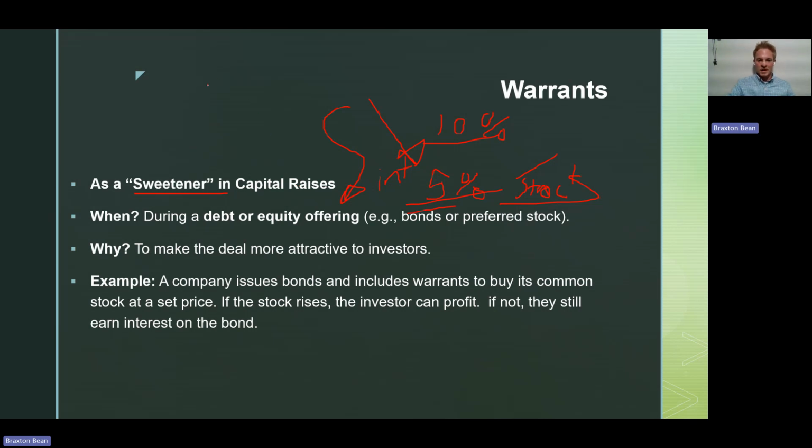So they can manage twice as much debt, and all they have to do is give people the option to buy stock in the future, like, I don't know, 5 years in the future. Who knows if the same CEO is going to be around 5 years in the future? So the company really likes this for debt.